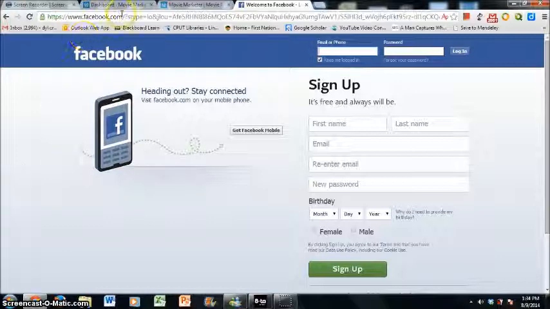What you first need to do is go to facebook.com, www.facebook.com, and then if you do not have an account, you need to sign up. If you do, you simply just sign in with your username and password,